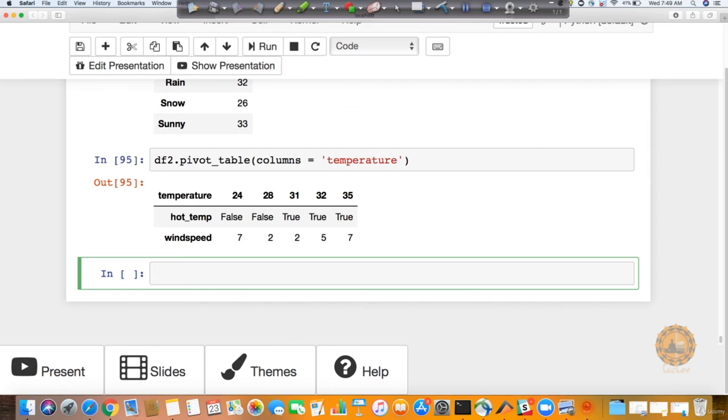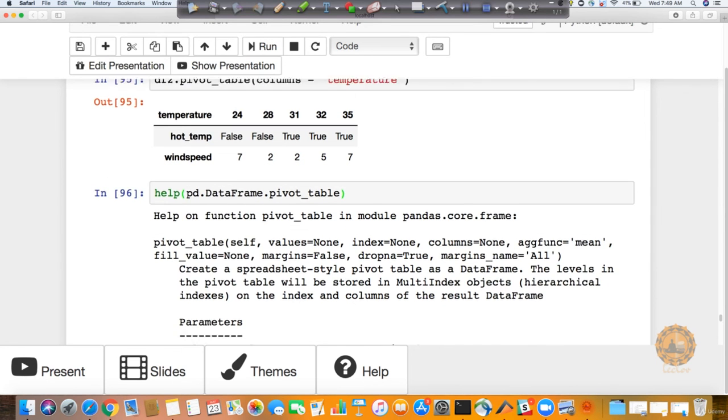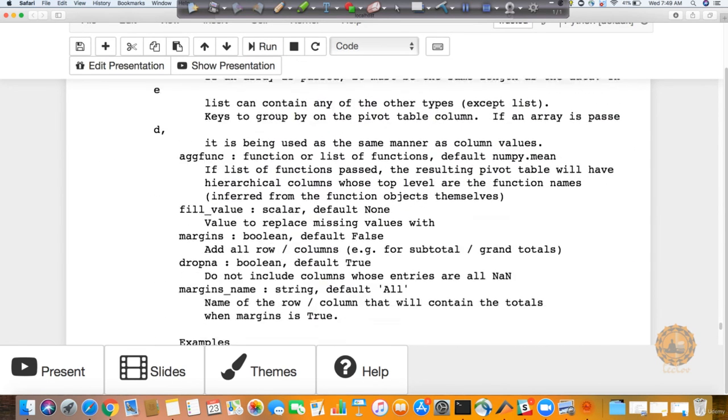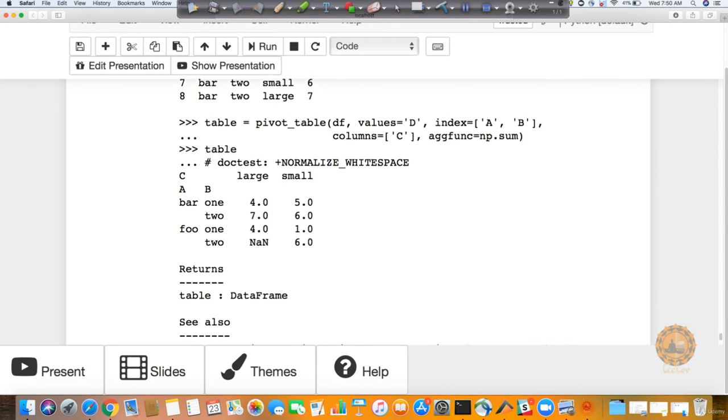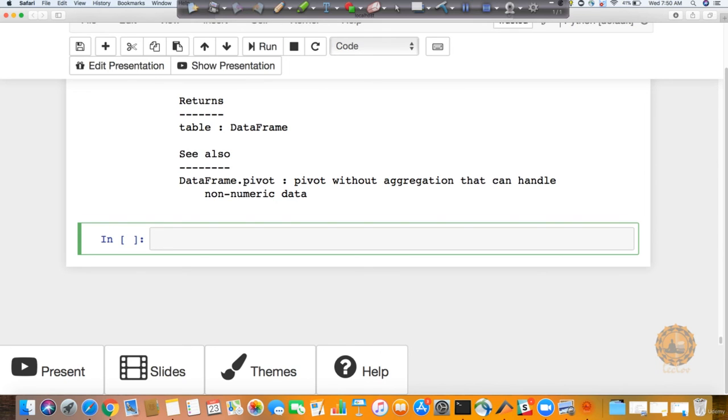At any moment, for any pandas data frame function, if you want to see the help page for it, you can say help of pd dot DataFrame, because it's case sensitive, dot, and let's say you want to read about the pivot table function. If you execute it, you can see that it's giving you a lot of details about this function. You can even see some examples shown in the example page. So you can read from here and get a lot of knowledge with respect to your pandas data frame functions. Thank you.